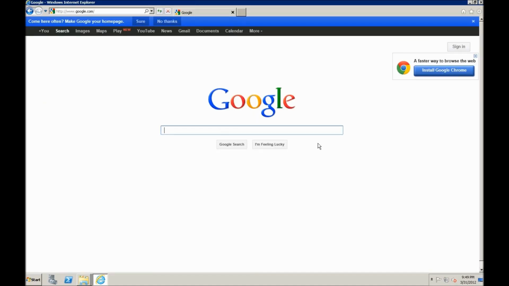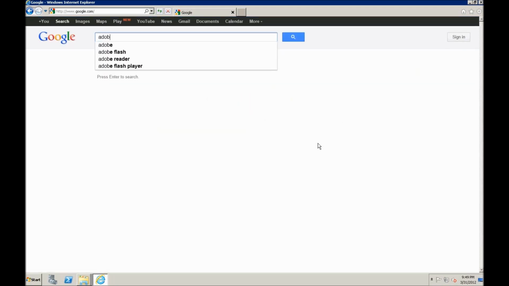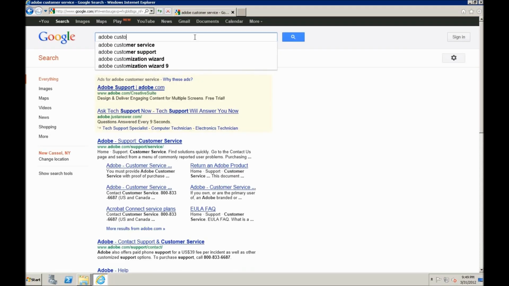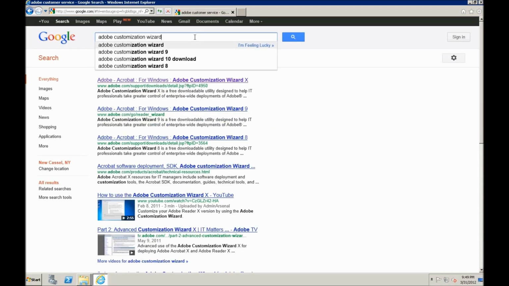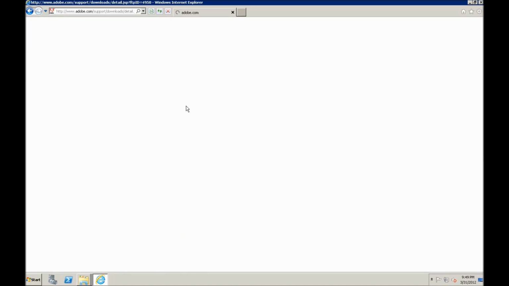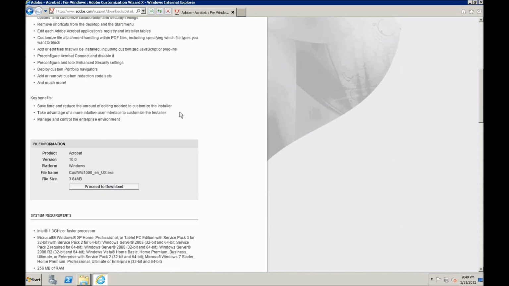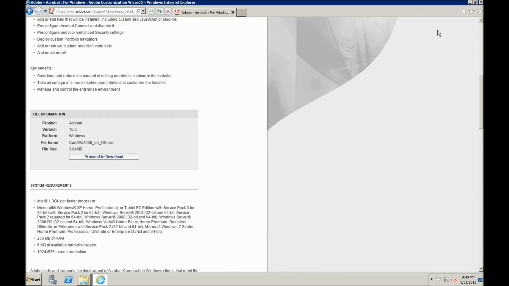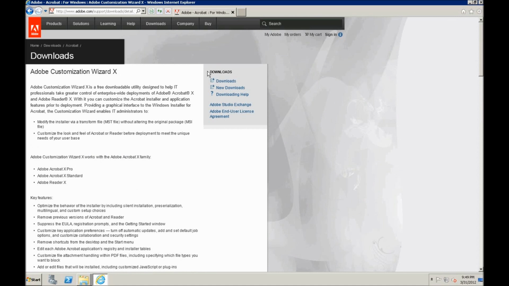Now let's search for Adobe customization wizard. And the very first result is what you want. Click, and there's a link on the bottom. Hit download, and that'll download the customization wizard. Next,